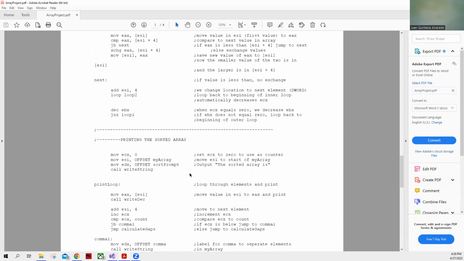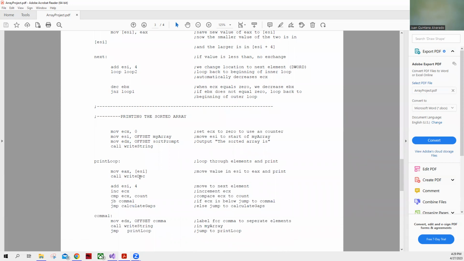And we set the prompt, the sorted array is, and then we're going to print it right here. ESI will be the beginning of the array, and we're going to move that value to EAX and print it out. Then we move ESI to the next element 4 bytes later, and then we increment ECX, and we compare ECX to